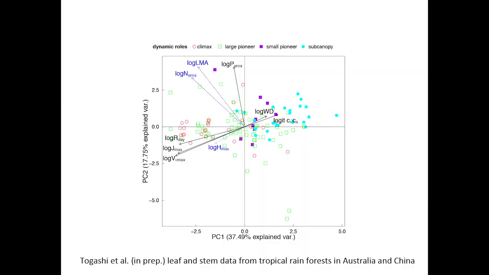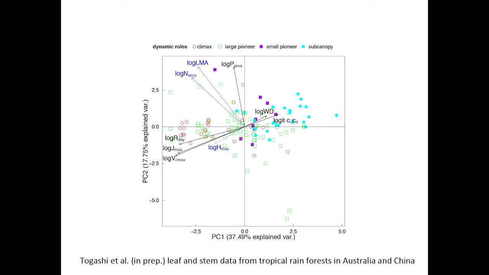And I haven't tried to do that, but I can just end with a data analysis from analysis of tropical rainforest trait data in Australia and China combined, showing that when we put in whole plant traits and we put in assignments to dynamic roles, which was done by expert judgment, and therefore might or might not be accurate, we can divide the species into subcanopy, small pioneer, large pioneer, and climax, and then the climax ones tend to be up this end. So you're seeing the highest Vcmax and Jmax because these are up in the